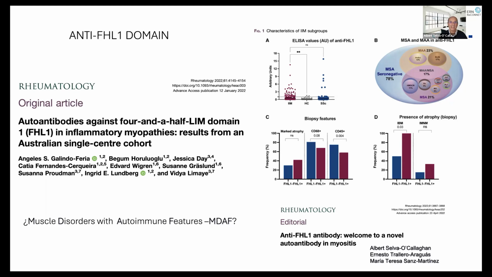4.5 domain is a gene. It's a gene that is mutated in some muscle diseases that are not inflammatory. I'm talking about Emery-Dreifuss and other dystrophies. So it will be very interesting to know if this antibody was positive in those patients with some type of dystrophy. I know that the researchers have done that, at least in 8 patients, but I think that we have to look for a larger cohort of patients with